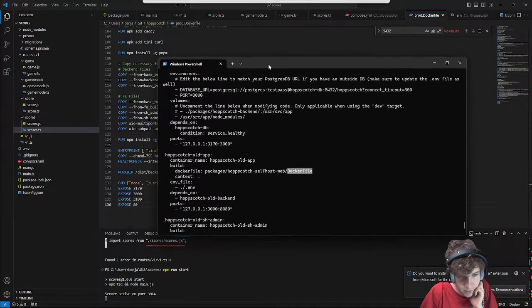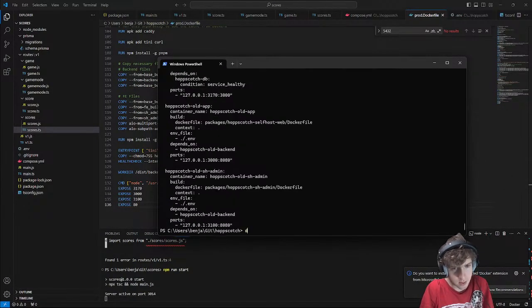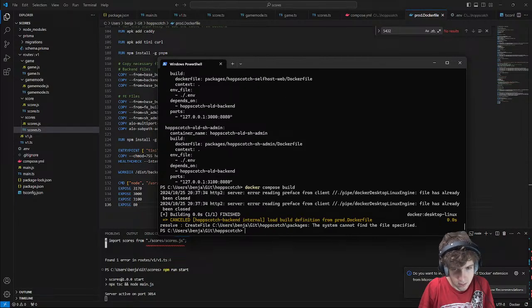Do I need to build it? Docker compose build. Nope. Why do they not just do a regular compose file?